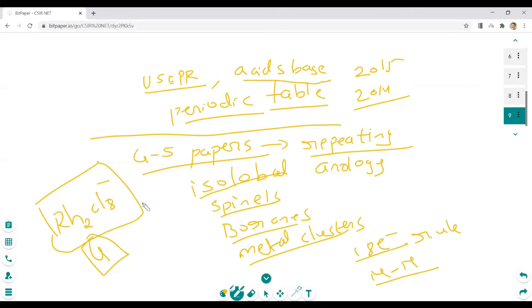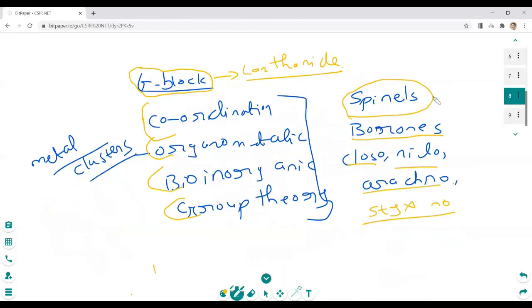A lot of things are repeating. So first you go through the paper and mark which are important, and after that see which of these things you already know and have some idea about. If you don't have an idea, you become an expert in that. That's how you can tackle inorganic. It's like divide and conquer: divide it into important topics and go on conquering those. Once you learn that, go back and see the question paper again. Can you solve those? I hope inorganic chemistry is clear to you.